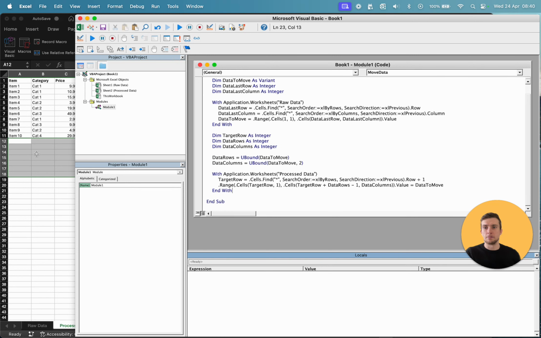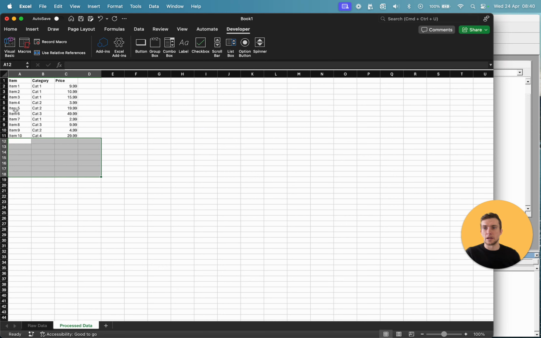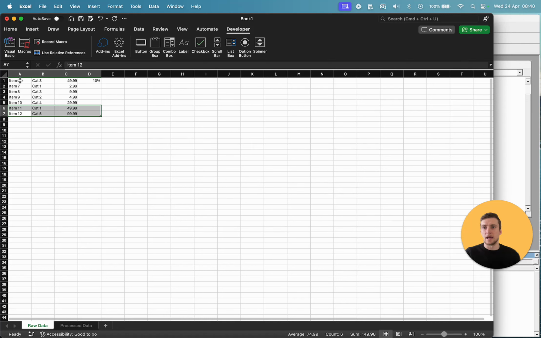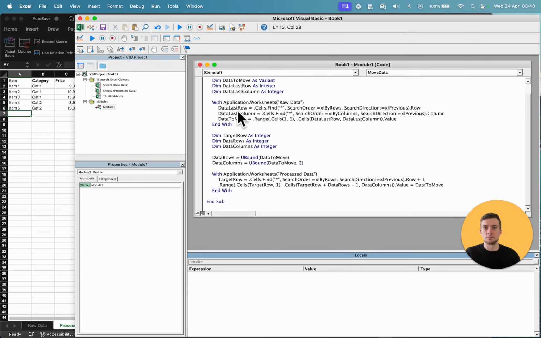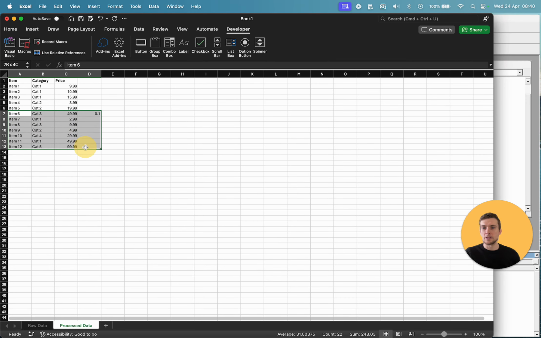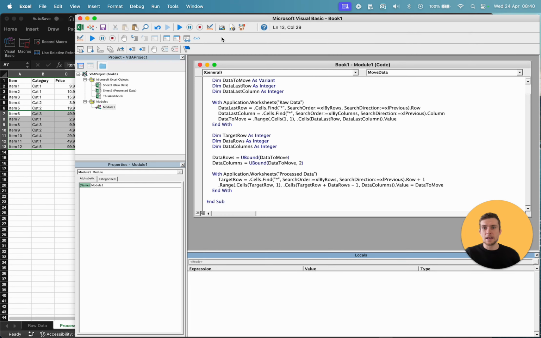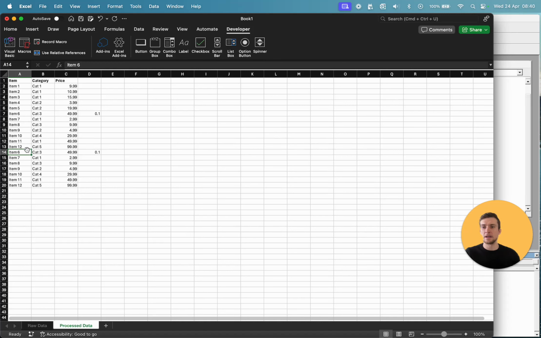So now, if we run this, so if I clear item 6 onwards, what's going to happen is we're going to add item 6 down to item 12 with the extra discount percentage now as well in the first empty row. So let's run our function. There we go, perfect. And if we run it again now, then you'll see we haven't overwritten the data, we've actually found the next empty row again and repeated our data. So if we delete all that